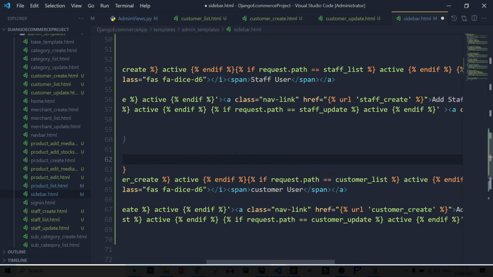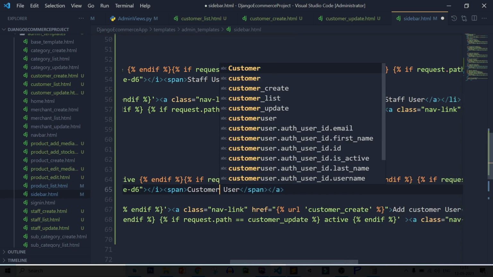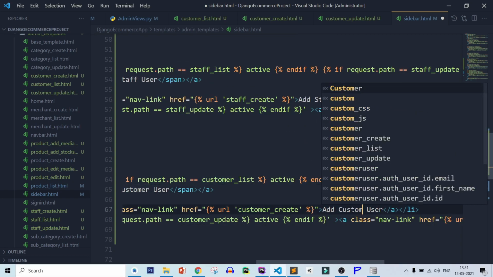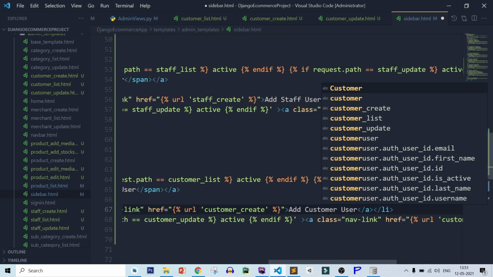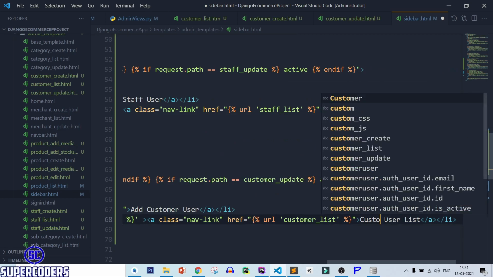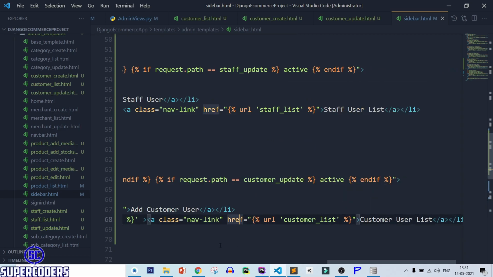Now it is done. Only change the title. So customer user, add customer user, and here customer user list. Save this file. Let's check it's working or not.